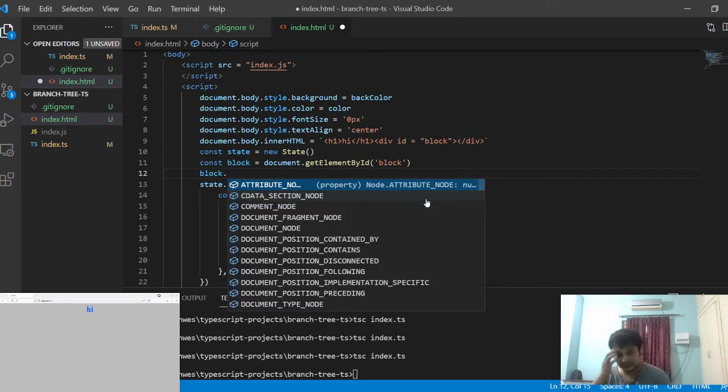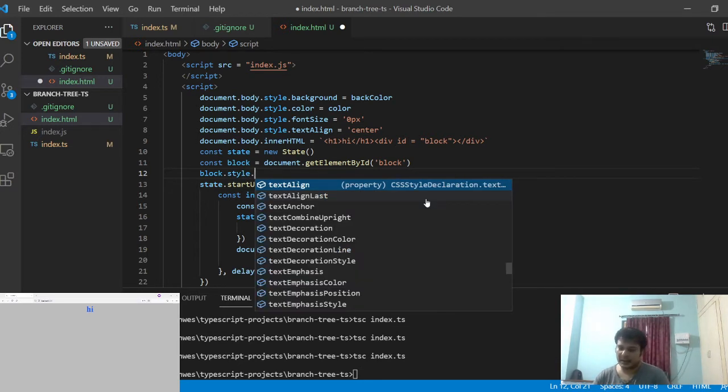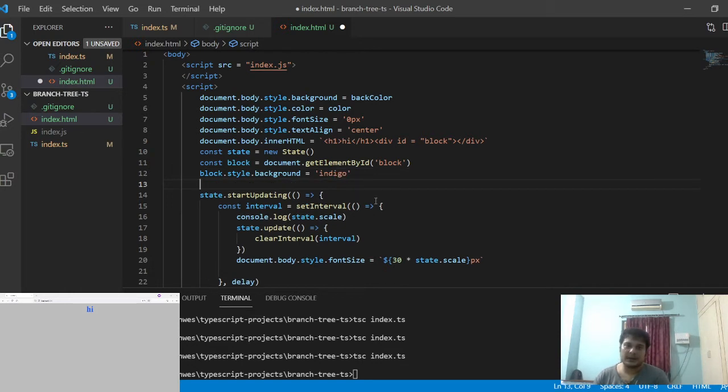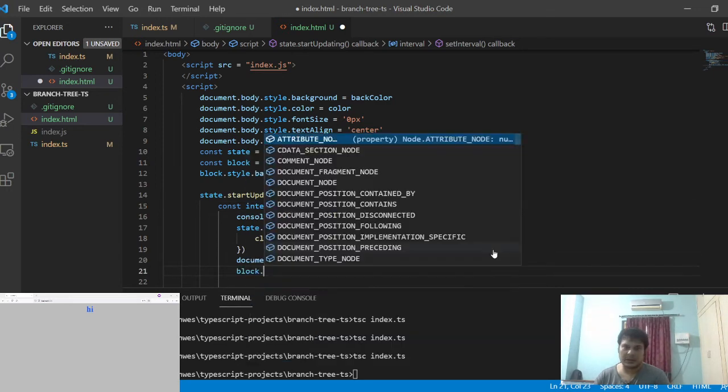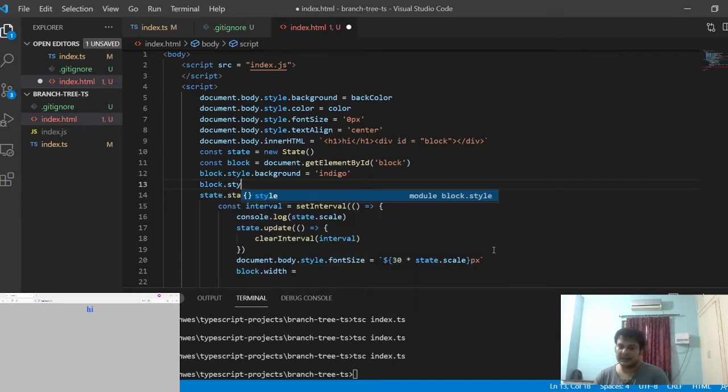Block dot style dot background. It will be something called indigo, which is one of my favorite colors. And here I'll say block dot width, and also let me give it some height, 200 pixel.